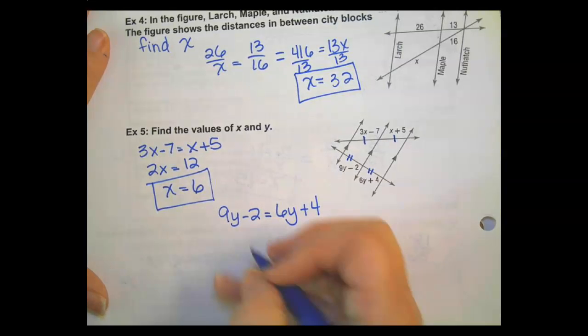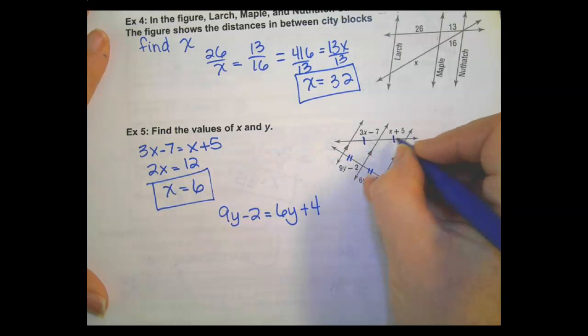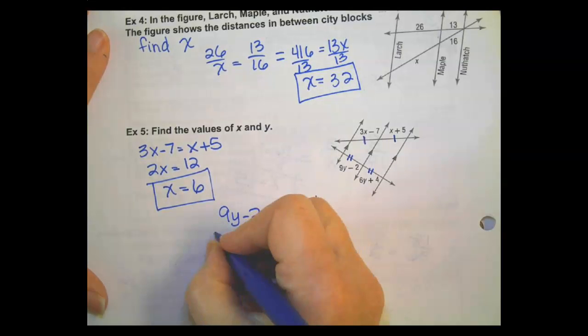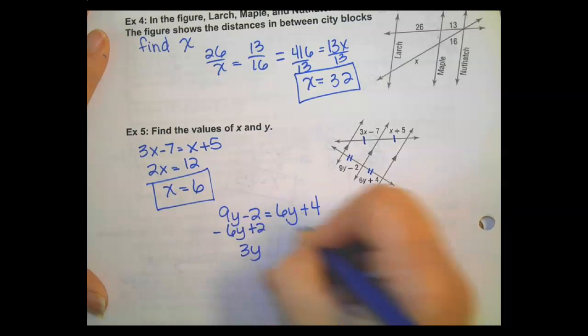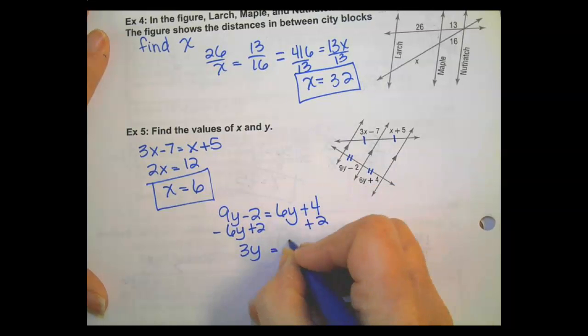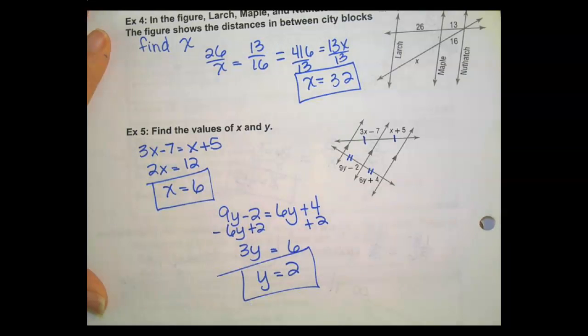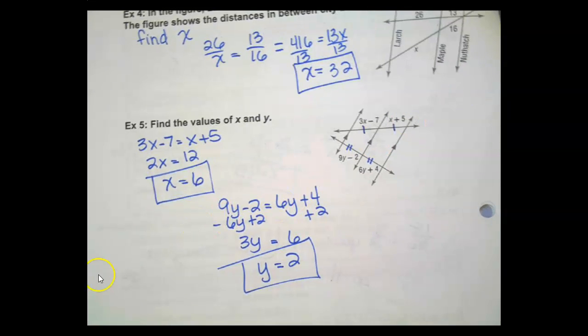So if these are equal, then these will be equal. Minus 6y, so 3y plus 2 equals 6. y is equal to 2. Done. All right, nicely done. All right, on to